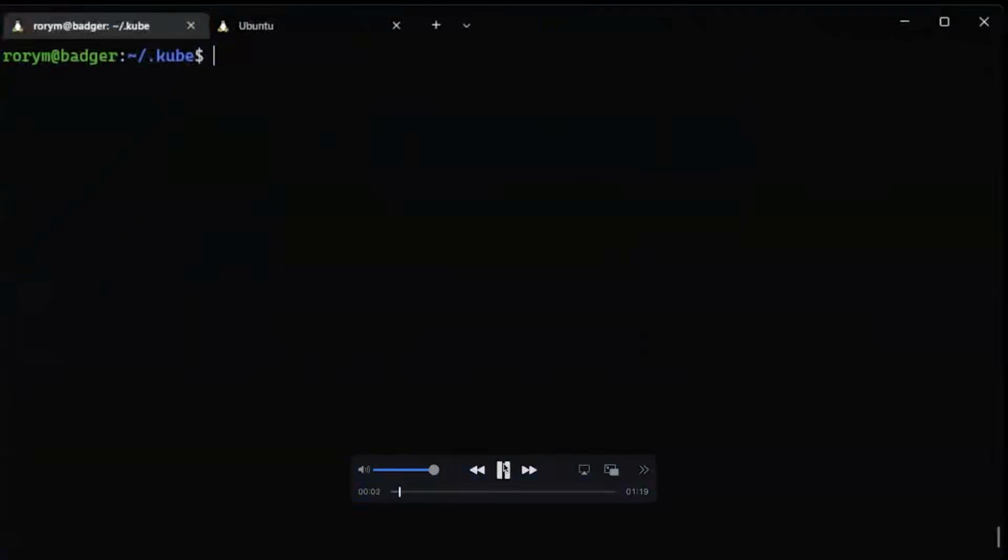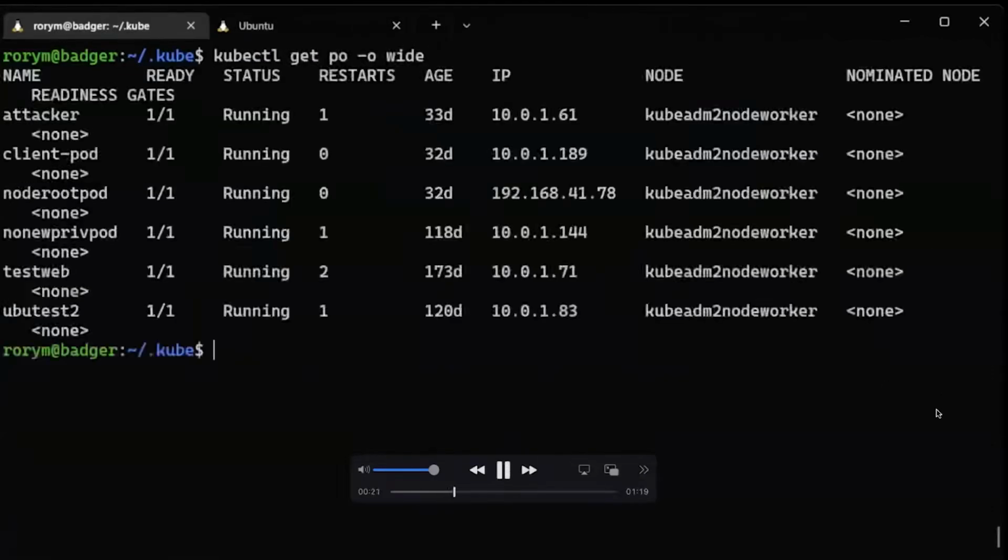So we can demonstrate the idea that Kubernetes cluster nodes are just routers by showing what happens if you try to get access to a pod from outside the cluster. The machine we're currently on is a machine on the same network, but not inside the cluster. We can have a look and see what IP addresses we're looking for with kubectl get po -o wide. And we can see here, we've got a pod called testweb, which has got an IP address of 10.0.1.71. Now, if we try and curl that address, initially we'll get no response, right? Because we can't route traffic to that network from outside of the cluster.